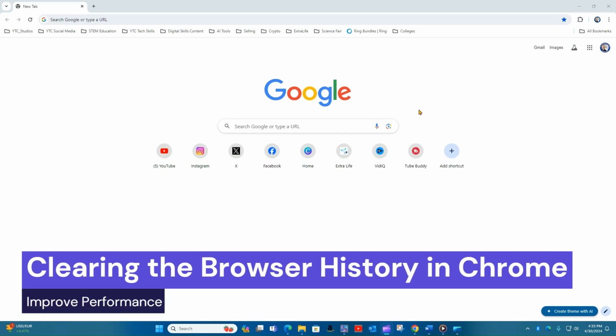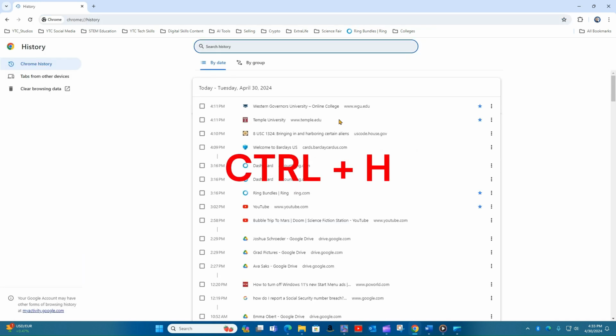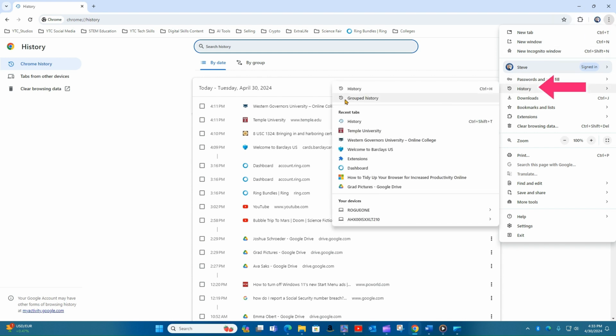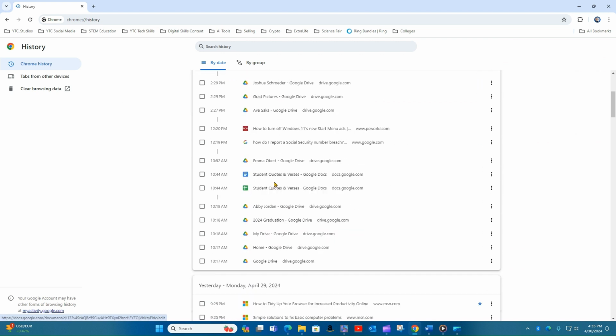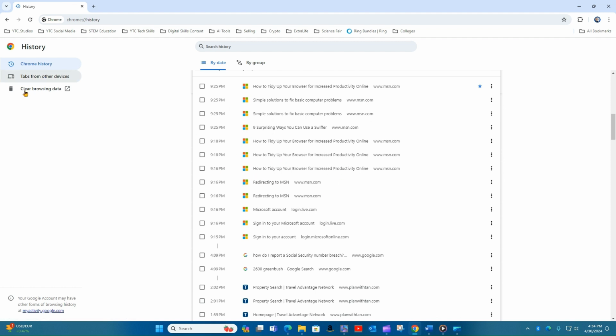I can follow a similar process using Google Chrome. Again, I could do the Control H sequence, or I could click the three dots and go to history and get the same result. And again, I have everything sorted out by date. I can scroll and click certain areas that I want to specifically target, or I can just click my clear